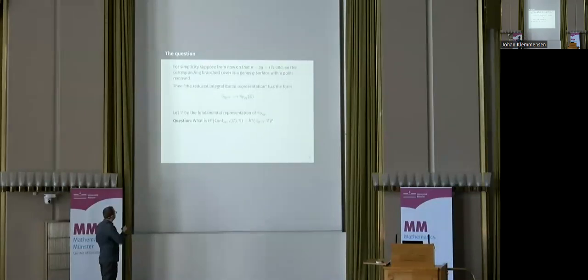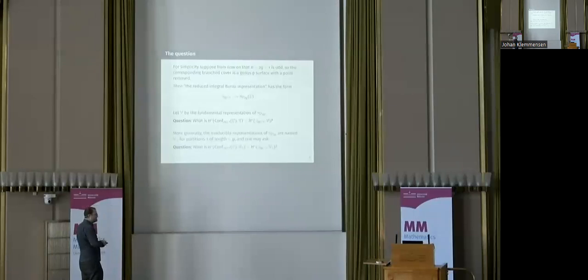Okay, so I've fixed the representation V, the fundamental representation of the symplectic group, and I'm looking for invariance of families of configurations that take values in an abelian group that transforms in a fixed way. And once you've got this far, there's no harm in generalizing a little further. So the symplectic group has many representations, not just its fundamental representation. And you may as well ask the question with all these other representations.